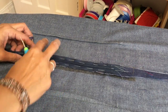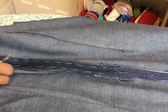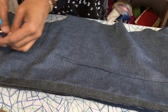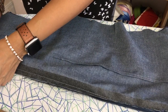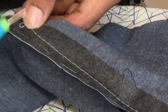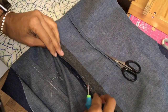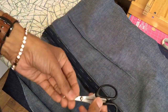What I need to do now is remove the basting stitch that held the two pieces of the back together. So if I pull that back up, make it easier for myself, and then just pull out these stitches that I did on the machine. Right, so when you've removed all the basting, the machine basting, what you want to do is flip